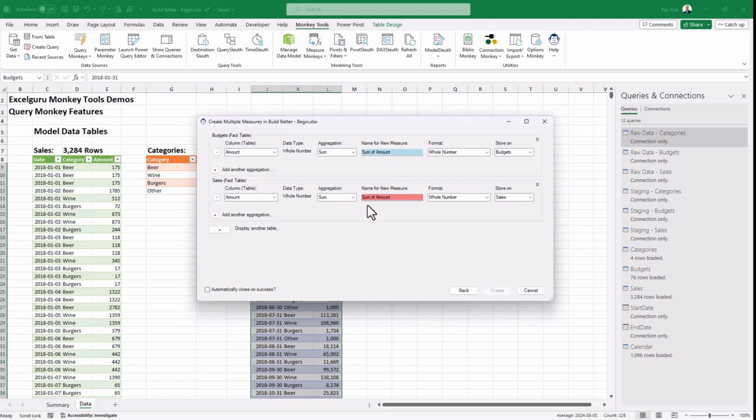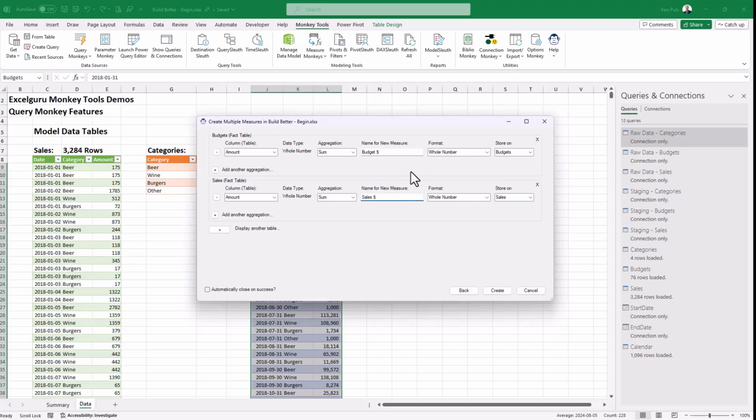Down here, our fact table for sales also has an amount column. So this is a conflict. This is the first instance of your conflict, and every conflicting item will be listed in red. I'm going to change the name of this measure to budget dollars. And you can see that there's no conflicts anymore. We could now have this one called sum of amount. Having said that, it's a terrible name for a measure, so we're going to change this to sales dollars.